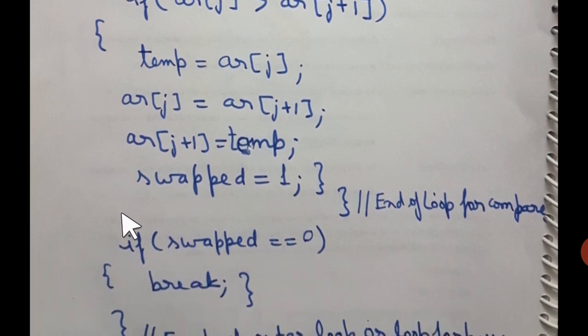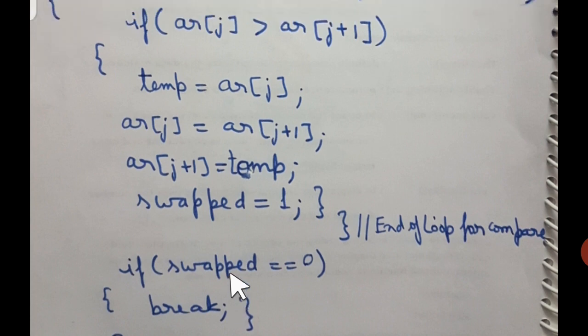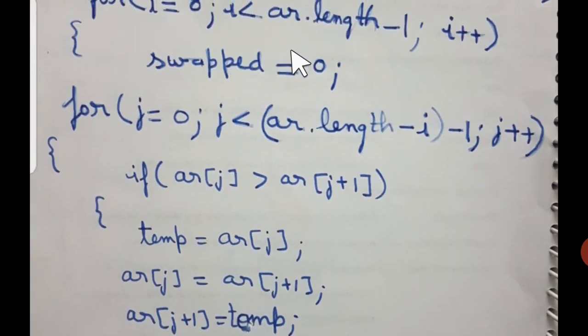After that, students, we write here if swapped == 0. So when swapped is 0, that means break. Swapped equal to 0 means false. When swapping is not done, then this will be terminated. What will be terminated? This outer loop. Terminating the outer loop means bubble sort is over. It will not move ahead, and that simply tells us that the data is sorted.